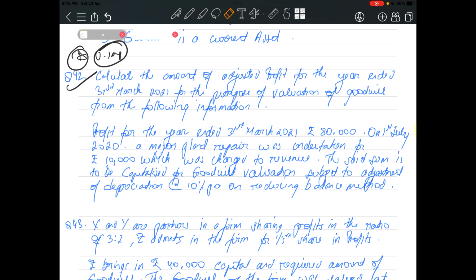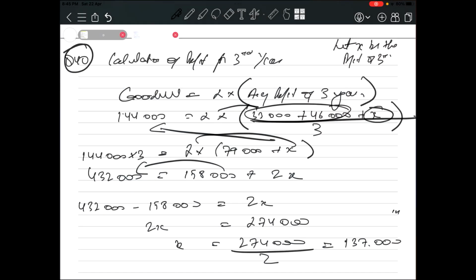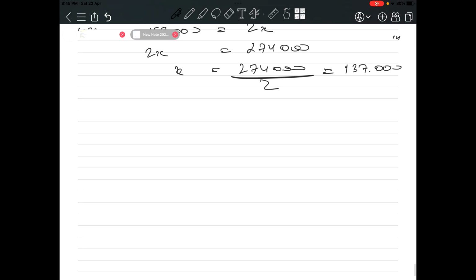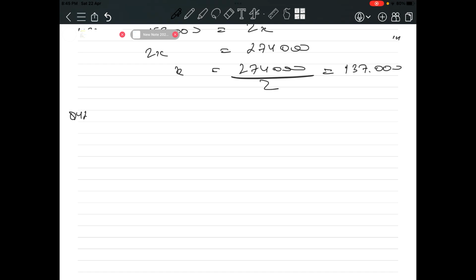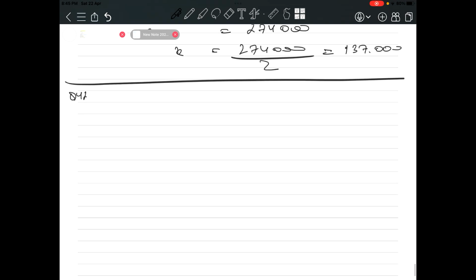Okay, let's try to first understand, before solving, the difference between revenue expenses and capital expenses. I hope you know what is the difference between revenue and capital expense. If you don't know, we will discuss it here. Now we are doing question number 42. So now see what is the difference between revenue